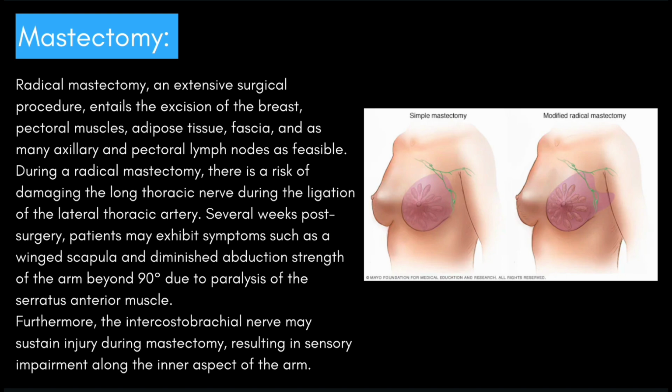During a radical mastectomy, there is a risk of damaging the long thoracic nerve during the ligation of the lateral thoracic artery. Several weeks post-surgery, patients may exhibit symptoms such as a winged scapula and diminished abduction strength of the arm beyond 90 degrees due to paralysis of the serratus anterior muscle. Furthermore, the intercostobrachial nerve may sustain injury during mastectomy, resulting in sensory impairment along the inner aspect of the arm. Moving on,